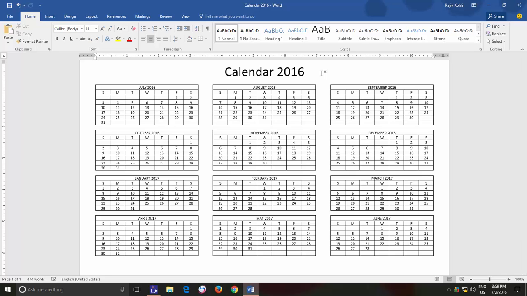In this tutorial we are going to learn about a few more Microsoft Word table commands which will help you in your day-to-day tasks. For more information about tables you can watch our previous video about creating, formatting and designing Microsoft Word tables. So let's get started, and here we have this yearly calendar document which has been designed using Microsoft Word tables. Let's assume that you need to draw this kind of table in a Word document, but